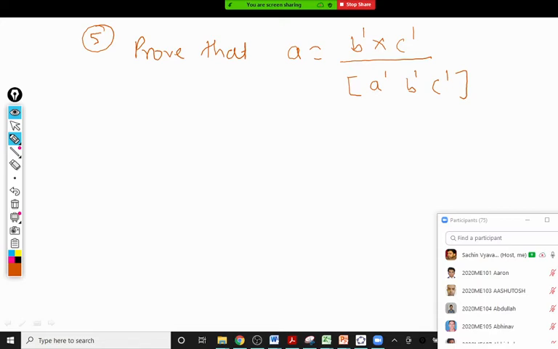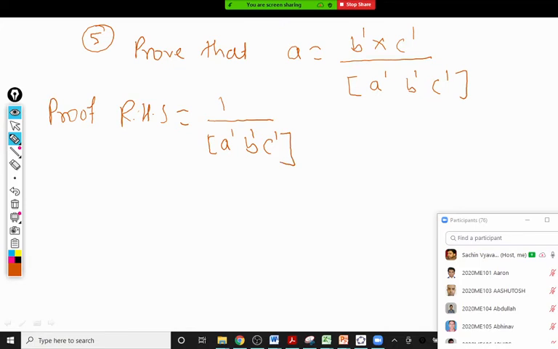So where should we start? Anyone? Sir, A dash. Yes, correct. Only for the dash we have the definition, that is reciprocal vectors. We should start from RHS. So the proof will start from RHS. In the proof, we'll say RHS is B dash cross C dash upon box A dash B dash C dash. So 1 upon box A dash B dash C dash will be as it is.